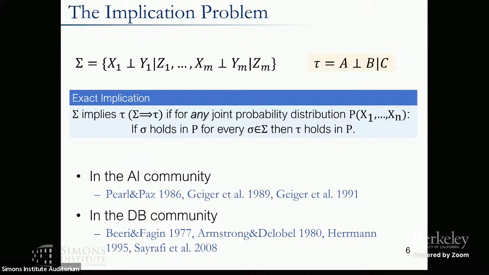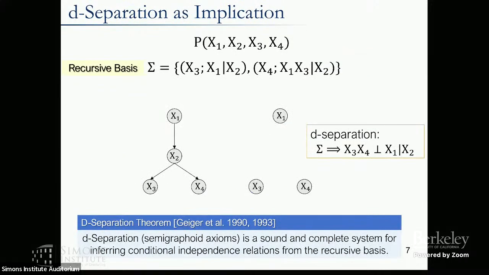In the AI community, the work by Geiger and Pearl, and in the database community, slightly earlier, in the late 70s and 80s. Okay, so this seems like a really theoretical problem, but it is actually something that we encounter all the time, because, for example, d-separation is a form of implication, right? Basically how? So here we have a toy